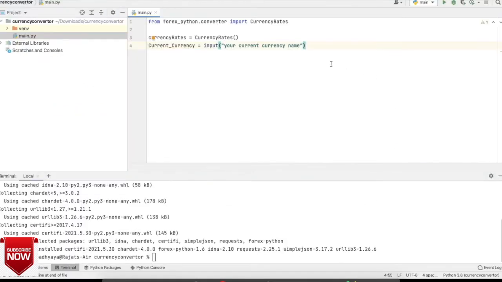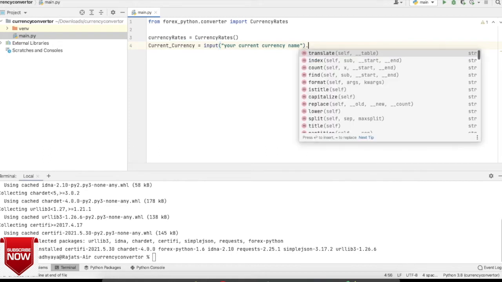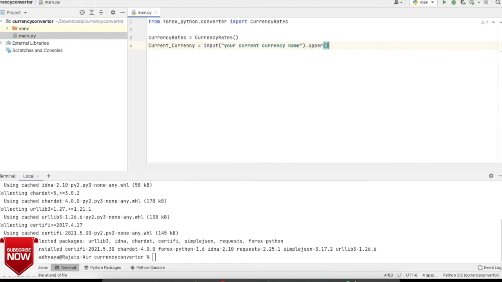So in that case, any input we are going to change into uppercase. And the desired currency we will also change to uppercase. I hope you have got why I am changing this input into uppercase.